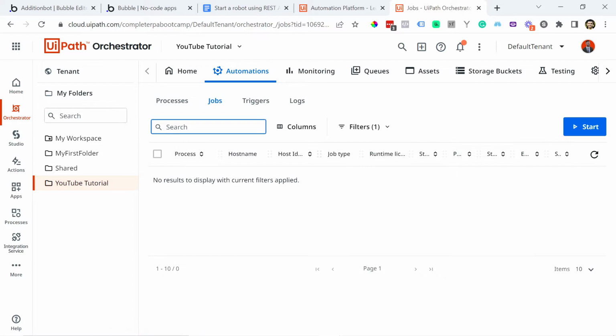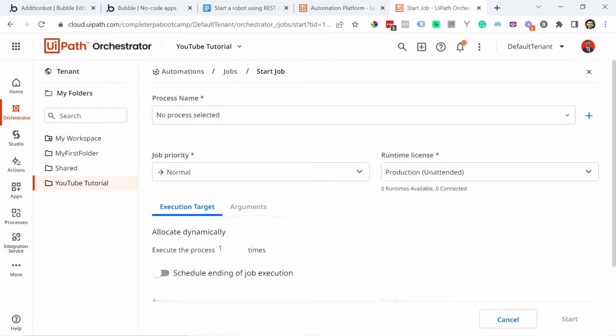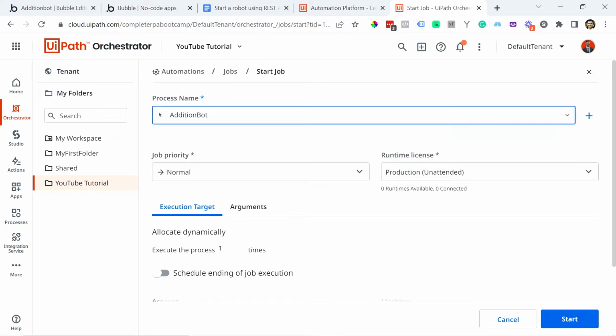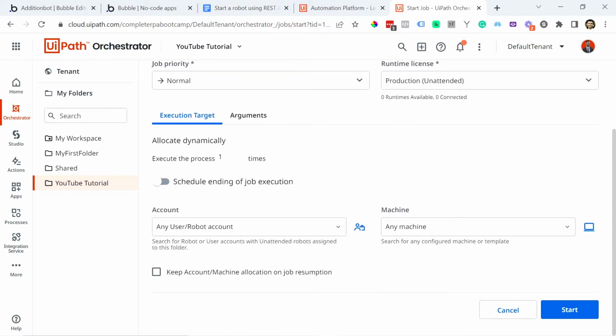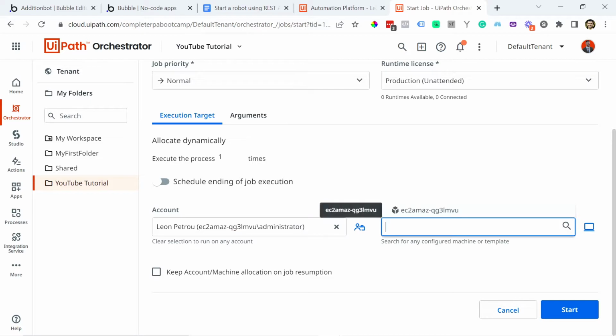So I'm going to come to jobs, I'm going to click start, and select the package. I'm going to say addition bot, cool. Any user, any machine. I'm just going to select these. I could have just left them as that because it's the only machine and user connected to this UiPath orchestrator. I'll click start,